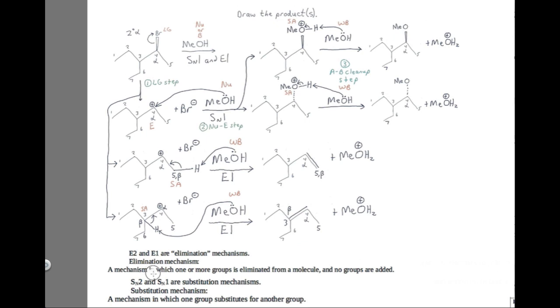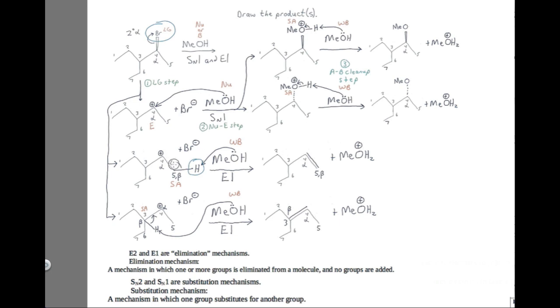Remember that the E in E1 and E2 stands for elimination. These are elimination mechanisms because they're eliminating groups without adding groups. We can see here that in our E1 mechanism, we eliminated 2 groups. We eliminated the bromine, the leaving group, and the beta hydrogen. This E1 was an elimination because we eliminated 2 groups, the leaving group and the beta hydrogen, without adding any